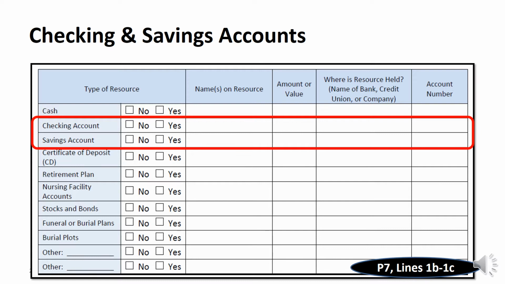So again, they take your 30 days worth of bank account information, they find the lowest balance within that 30 days, and then they subtract your income from that, and that's the balance that they look at to see where you are on the asset amount for the checking account. Savings accounts, again, provide statements for each month you're requesting coverage. If you have more than one savings account, be sure to use those extra lines that say Other or add another page.